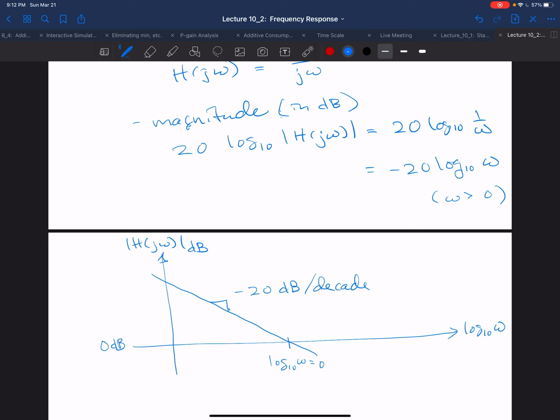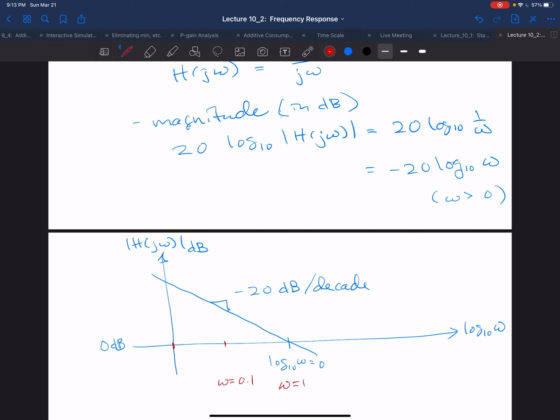That gives us a plot of the modulus of H of j omega, but it's in decibels and it's as a function of the log of omega. And because we plotted it that way, it's a very simple straight line. Again, the intersect occurs when omega equals 1. And on a log scale,